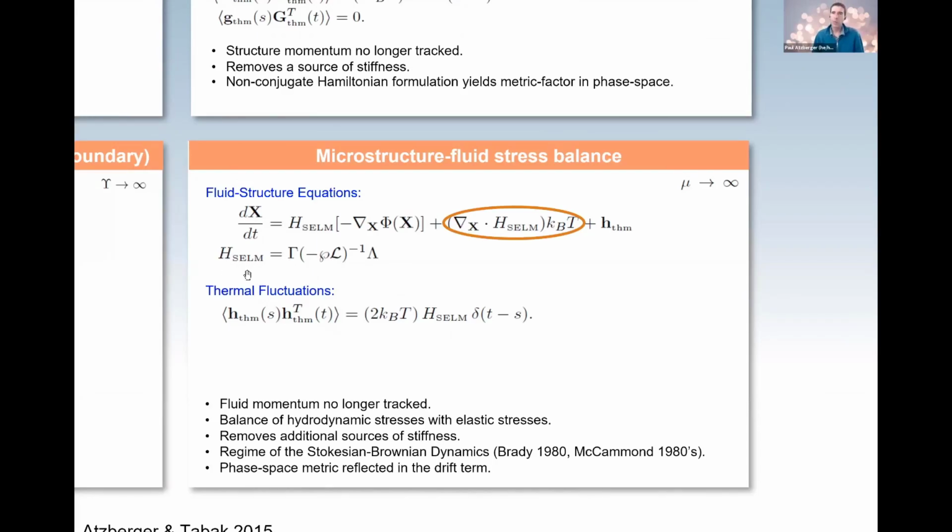And now you can get hydrodynamic coupling tensors. Remember what I was talking about, some of the colloidal formulations that are done in the CFD community. This provides an immersed boundary approach to basically getting those effective hydrodynamic coupling tensors, along with the appropriate thermal forcing, which again comes in with the correlation structure being the same as that coupling tensor, 2 kBT. This is also known as the mobility, but a very important, again, due to all those non-standard conjugate variables that I mentioned, you end up with a divergence of that mobility kBT, which is important so that the overall system exhibit appropriate equilibrium statistical mechanics.